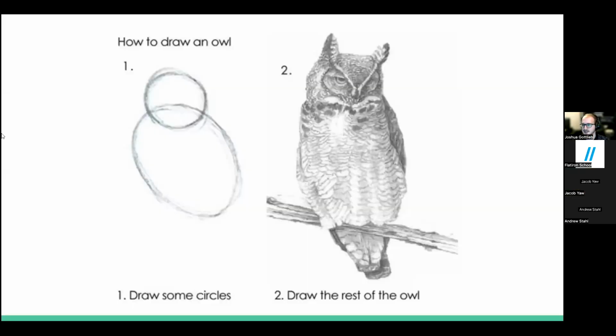So just to get an idea of where I got my inspiration from, you can get inspiration from basically anything. I was scrolling through my memes as I was deliberating what to do with my final project, and I stumbled upon this meme. How to draw an owl. You simply draw some circles, and then you draw the rest of the owl. It's very silly. You might just get a laugh out of it, but it got me to thinking,